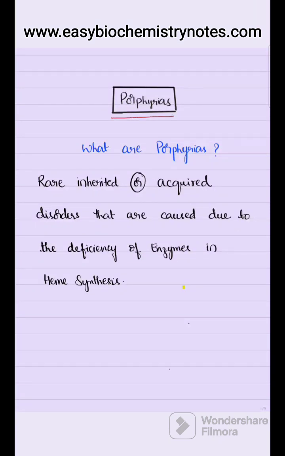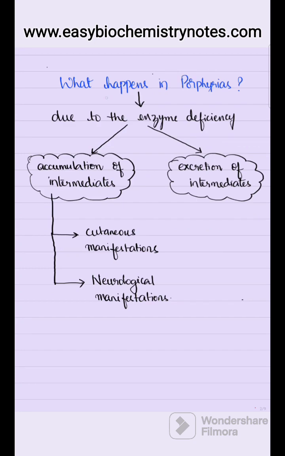Porphyrias. What are porphyrias? To define, porphyrias are rare, inherited or acquired disorders which are caused due to the deficiency of the enzymes in heme synthesis. What happens in porphyrias? Due to the enzyme deficiency in heme synthesis, there is accumulation and also excretion of intermediates or intermediary products, and these accumulated intermediary products will cause cutaneous manifestations and